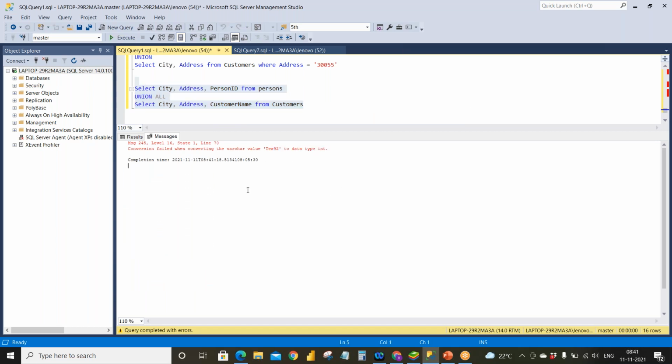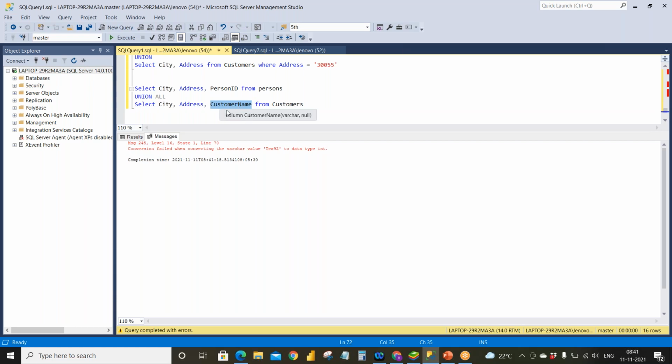See, it is saying that conversion failed when converting the varchar value TES92 to data type int. So as we have given person ID in the first table, it will take this third column as an integer, and it will expect this third column also to be an integer.